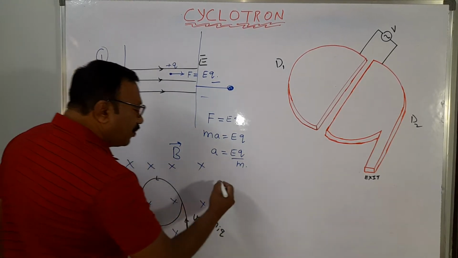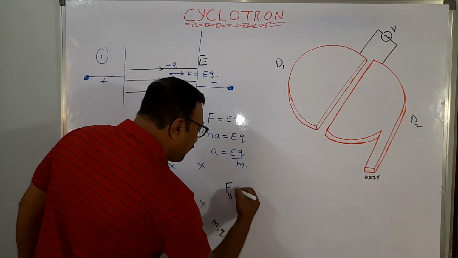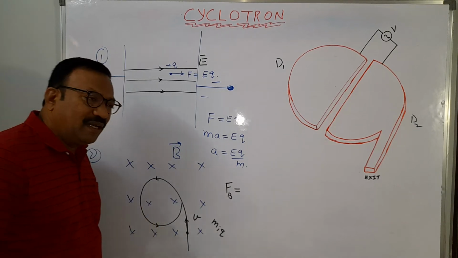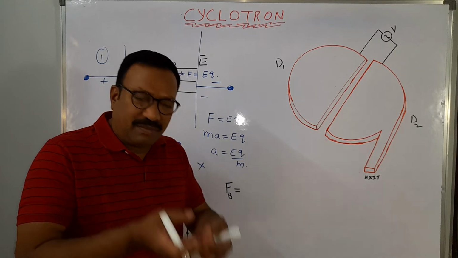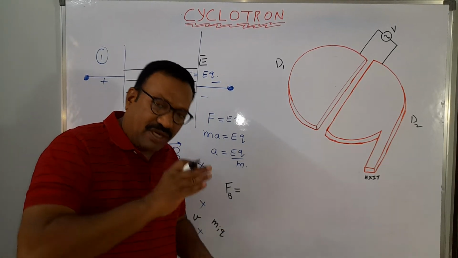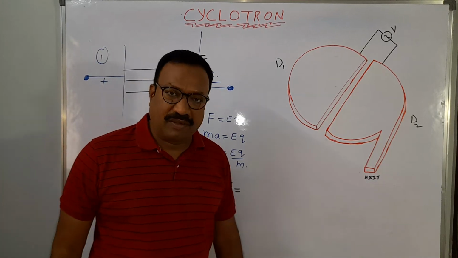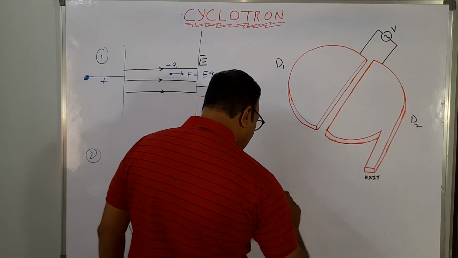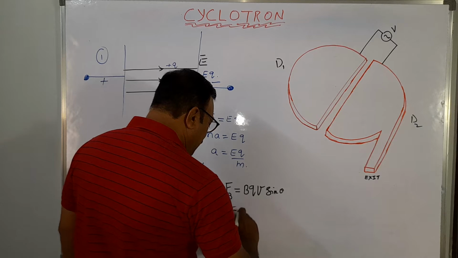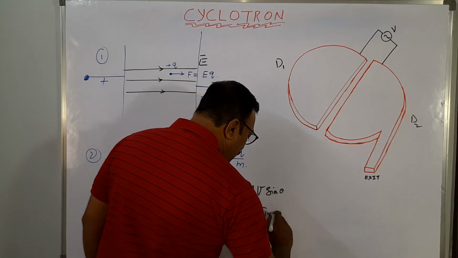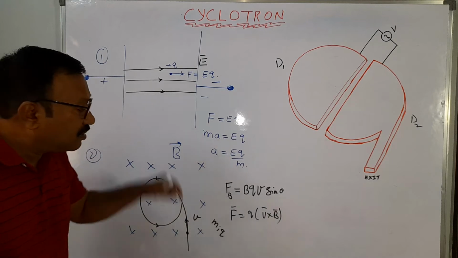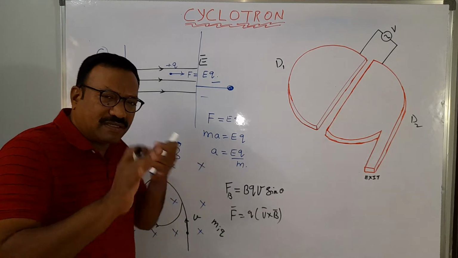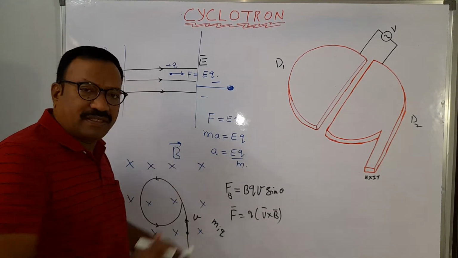So in this condition, consider the force exerted by the magnetic field on the particle. The particle will not make circular motion as usual. There must be some force in order to change the direction continuously, to make it move in a circular motion. That is given by BQV sine theta. In vector form, it is nothing but Q into V bar cross B bar. This information we have already studied. That is not our aim to study here, but I am just revising for you.